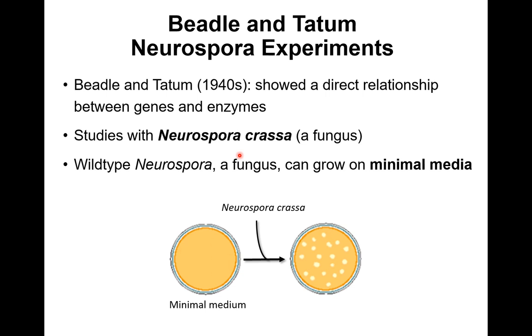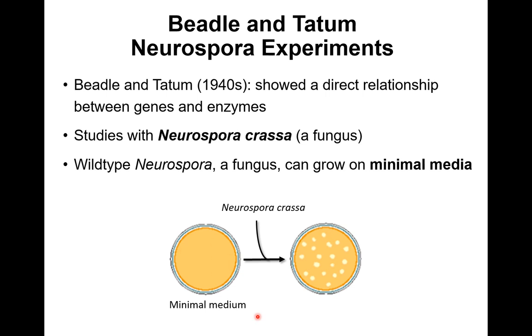What they were studying was this fungus, which was known to be able to grow in a minimal medium. A minimal medium is a collection of different nutrients which allow for growth. Minimal means you really need very basic things, just a few amino acids and a few sugars and so on,